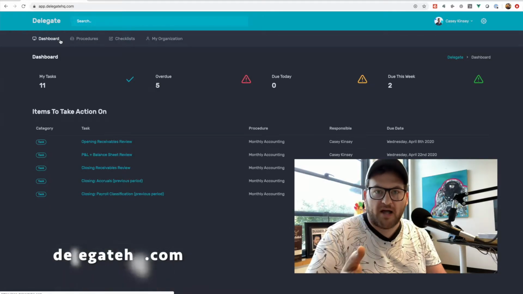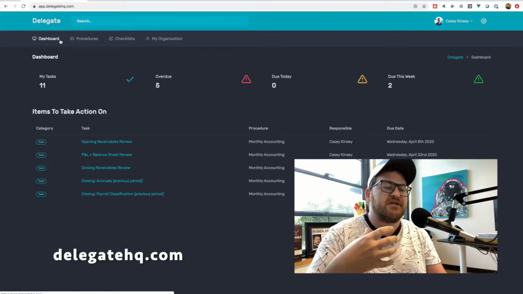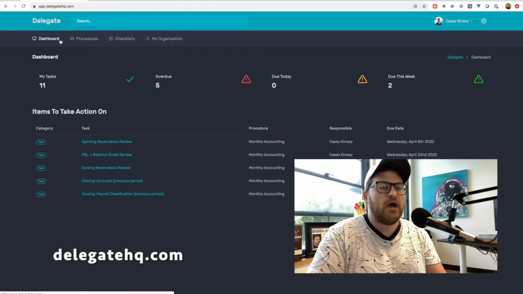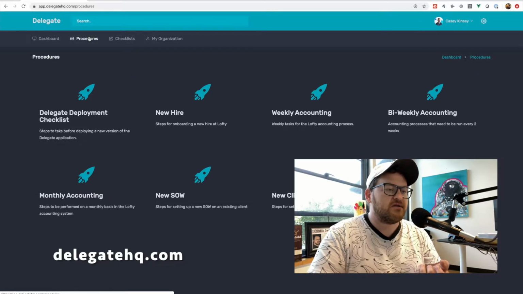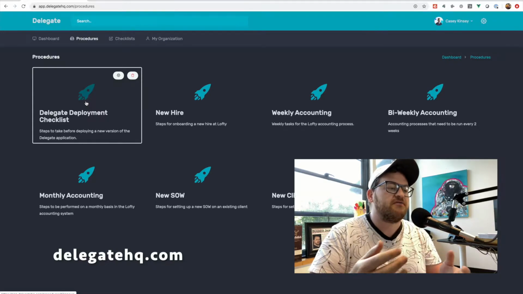Once you've defined some processes, at some point it's time to run those processes and actually see how they work for your business. The way to trigger a process, and anyone on your team can do this, is to go to the procedure list, find the process that you want to start, and click the rocket. So we're going to, let's suppose we're making a release for Delegate today,